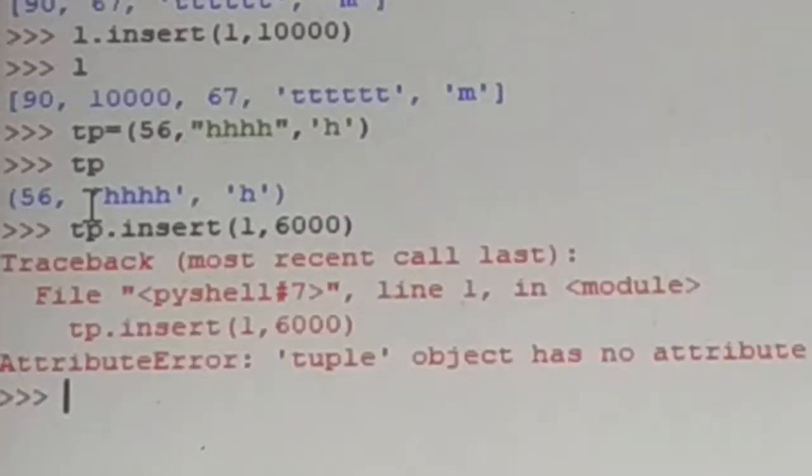Here I am going to insert the element in the first index place. Here the tuple name, my tuple name is TP dot insert of, insert, insert of, here in the first index, comma, that 6,000 I am going to add. Here it will show the error. Why means here this will not allow us to add any new elements. Tuple elements are not modifiable. Here object no attributes like insert. Here the tuples will not allow us to do any modification. This is the main difference between list and tuple.